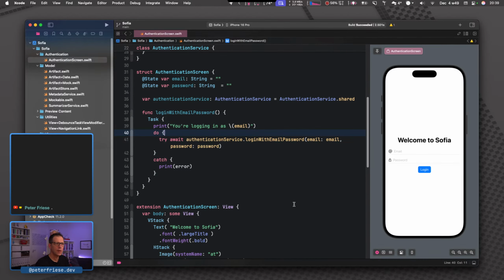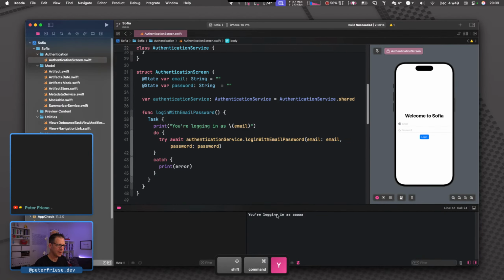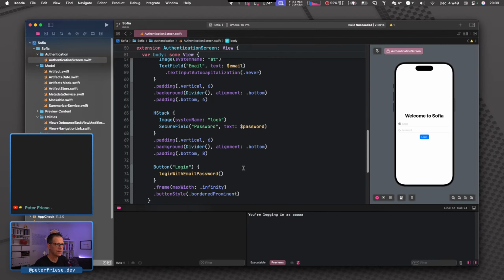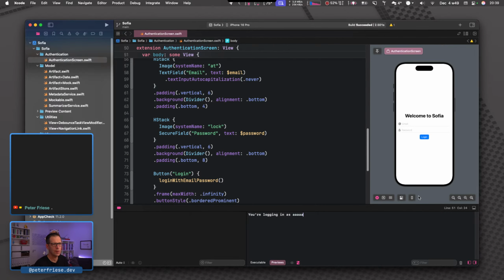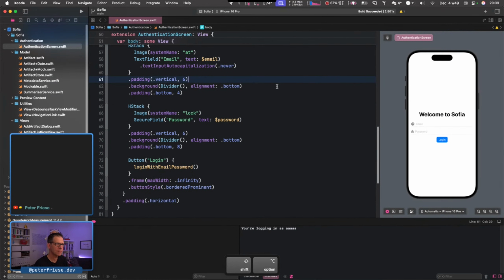Cool. So let's see if this already works in the preview. Here we go.